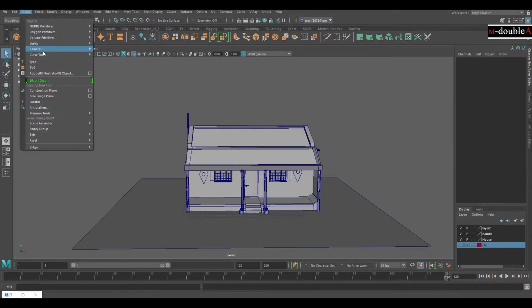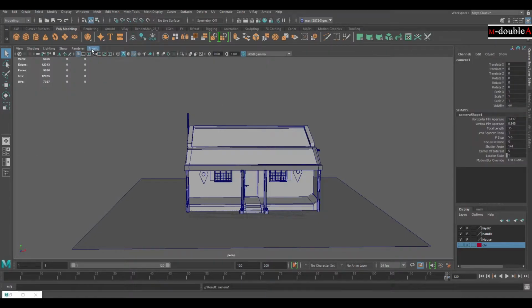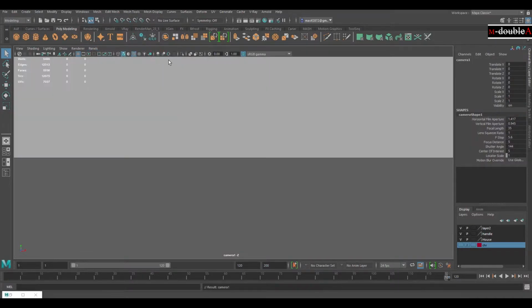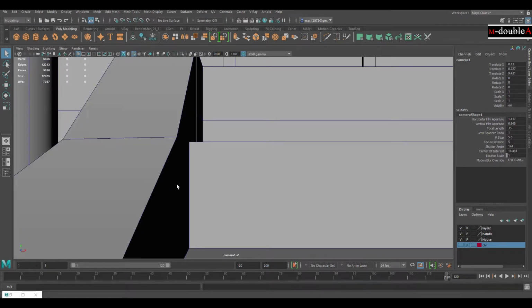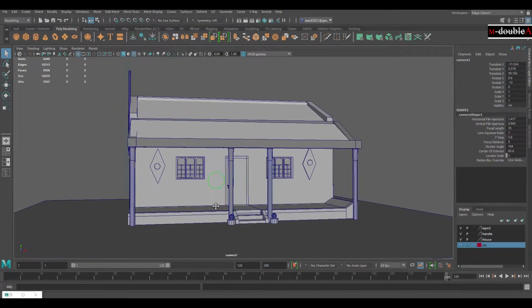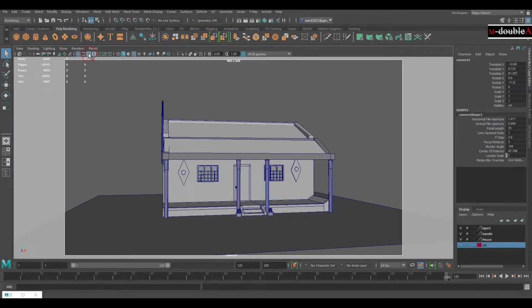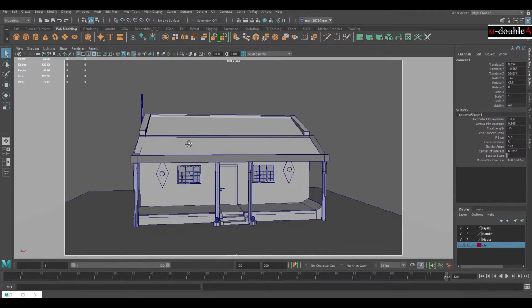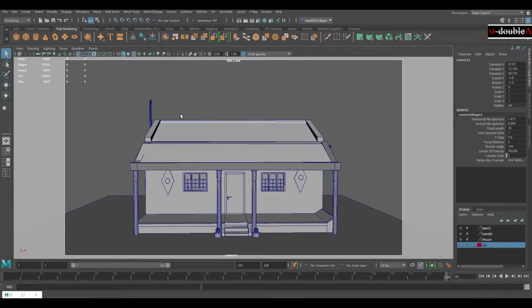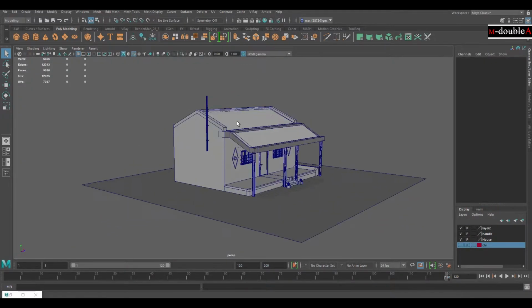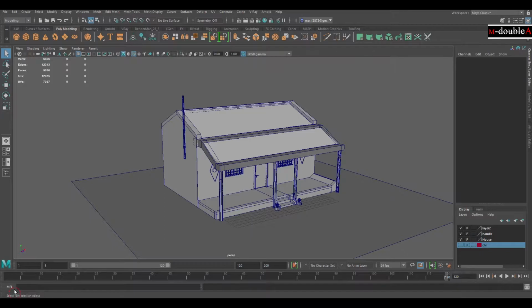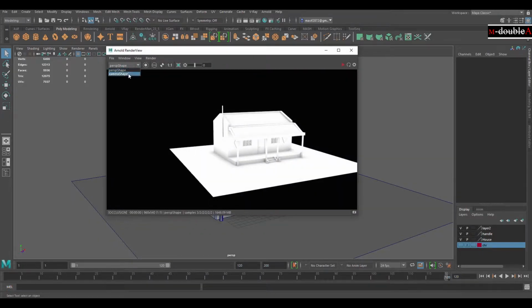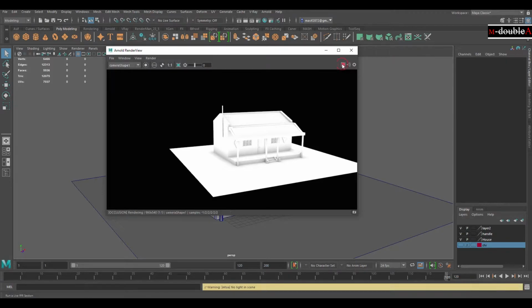Just set the frame. We need a camera, so create a camera. Okay, just click on panels and perspective camera, and just scroll down and set the camera. Okay, and open the frame, just this type of frame. Okay, and just click on select camera and lock everything. Then click on perspective view and open render view, and here you can change the camera option, perspective and camera shape 1, and click on render button.